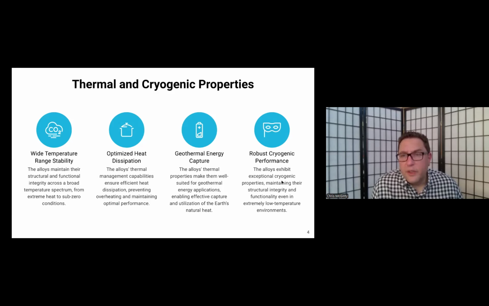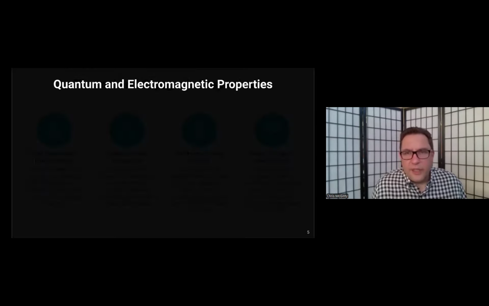Some of these have really robust cryogenic properties so that they can maintain their structural strength even in very, very low temperatures. And some we're even looking at for geothermal energy capture. I'll go through these one by one. Well, not all of them, but I'll go through some of the top 10 or so that we're working on right now.